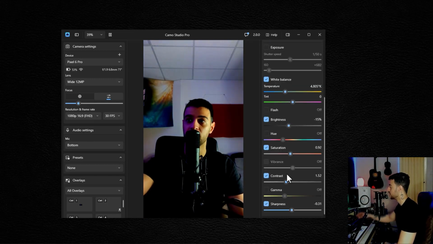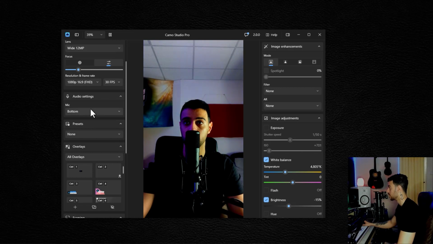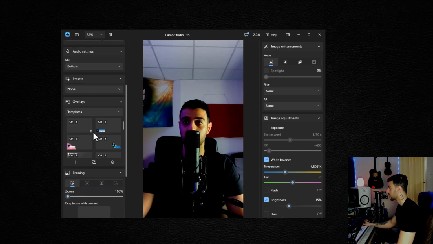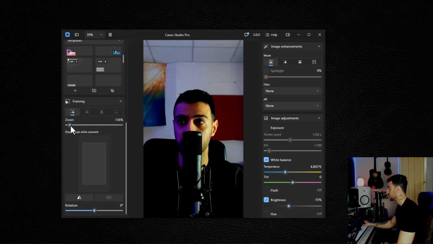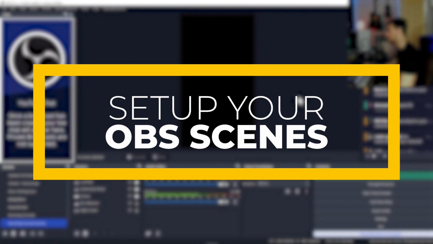This is for my TikTok videos. You can choose your resolution and frame rate from this drop-down menu on the side. If you want to use your phone microphone, you can. If you see the Camo watermark on the screen, and obviously that's not what you want, make sure you press on remove the current overlay down here. And if you want to create your own custom overlay, you can by pressing the plus button. You can also adjust the zoom and the rotation, mirror, and a bunch of other things that you can experiment along the way. Now let's move on to OBS and set up everything that we need to set up to